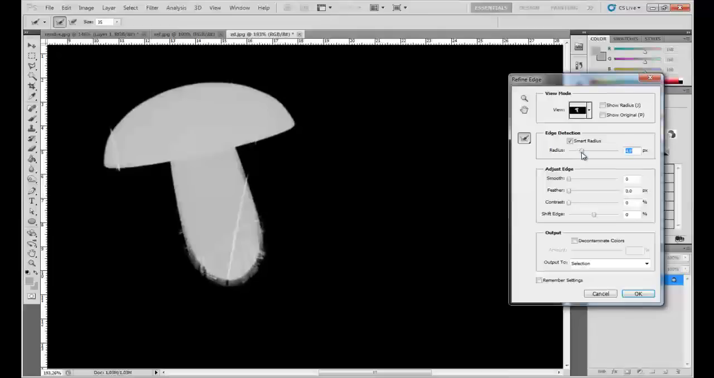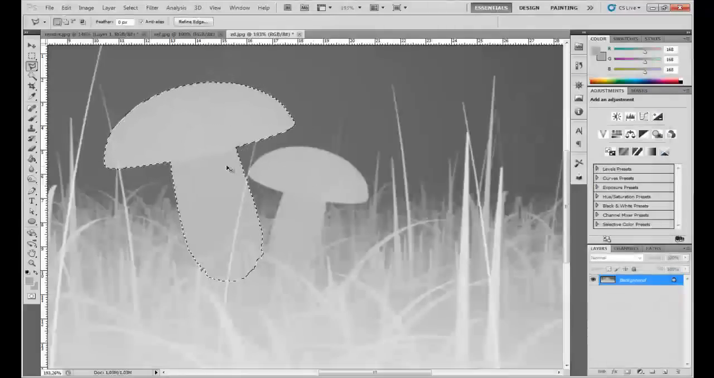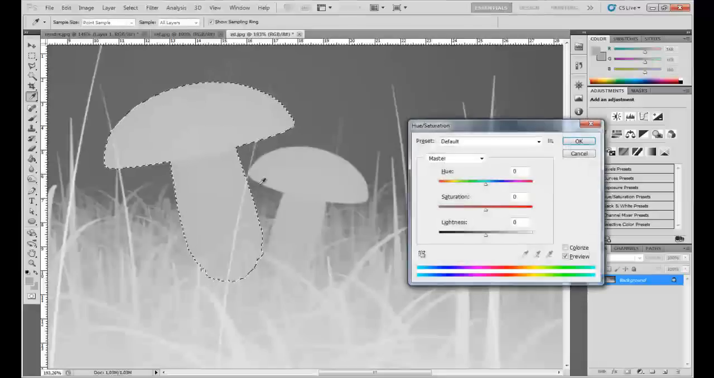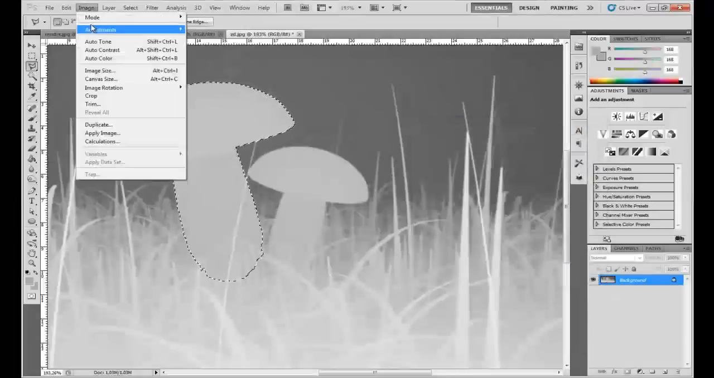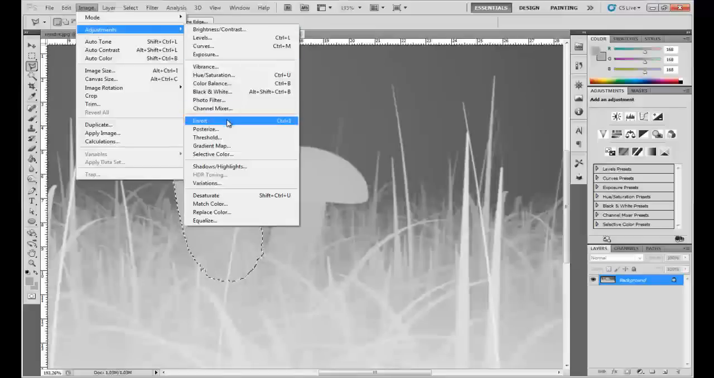So we're gonna use the smart radius and get this radius a little bit high, so it's not as sharp as it was, and get a little bit of feather. Not too much, like 1. I think it's gonna be nice. And click OK. So for this one, I'm gonna do a Control U and brighten it a bit. Or maybe not. I'm gonna just go to Image Adjustment and go to